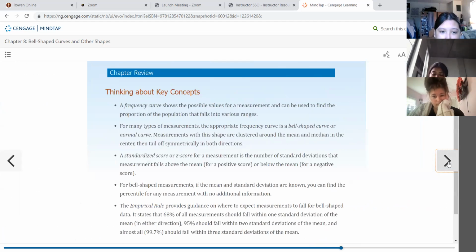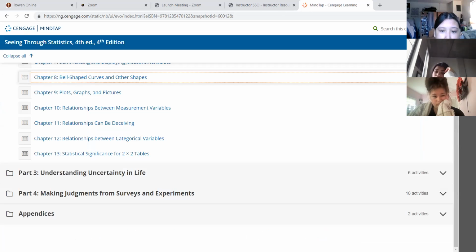All right. Now, chapter 8 doesn't have any math in it, I don't think, right? And I don't think chapter 9 has any math in it either. Let's just go to chapter 9 for a second. And yeah, chapter 9 is just plots, right? Again, just read through the plots, know the different plots, know the difference between the quantitative plots